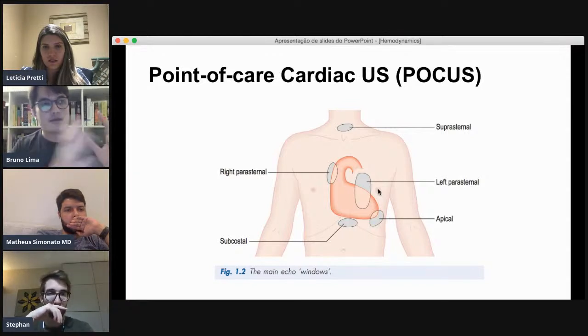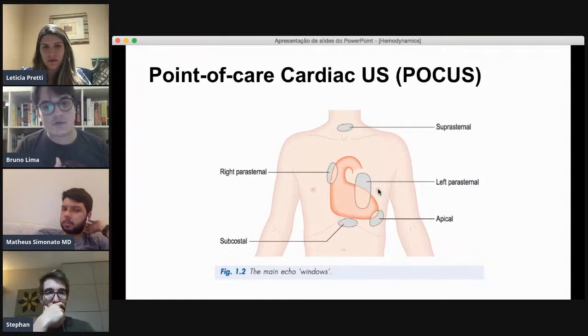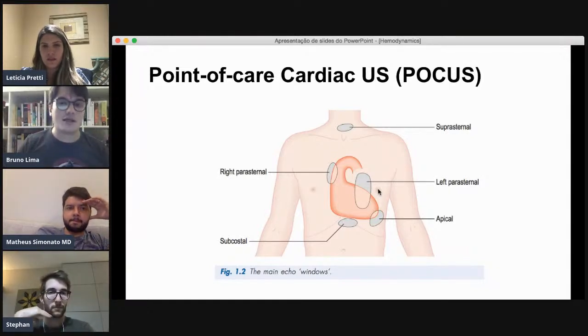It's not like a full echo. You're just trying to see if the heart is squeezing well or not. Do you have a significant pericardial effusion, or do you have something really major going on with the heart? So it's pretty much telling if the heart is funky or not. So these views,